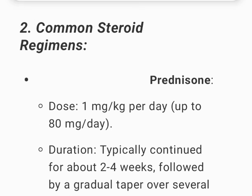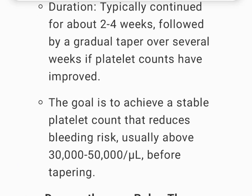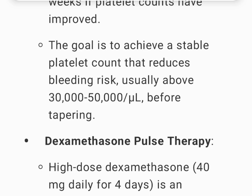2. Common steroid regimens. Prednisone. Dose, 1 milligram per kilogram per day, up to 80 milligrams per day. Duration, typically continued for about 2 to 4 weeks, followed by a gradual taper over several weeks if platelet counts have improved. The goal is to achieve a stable platelet count that reduces bleeding risk, usually above 30,000 per microliter